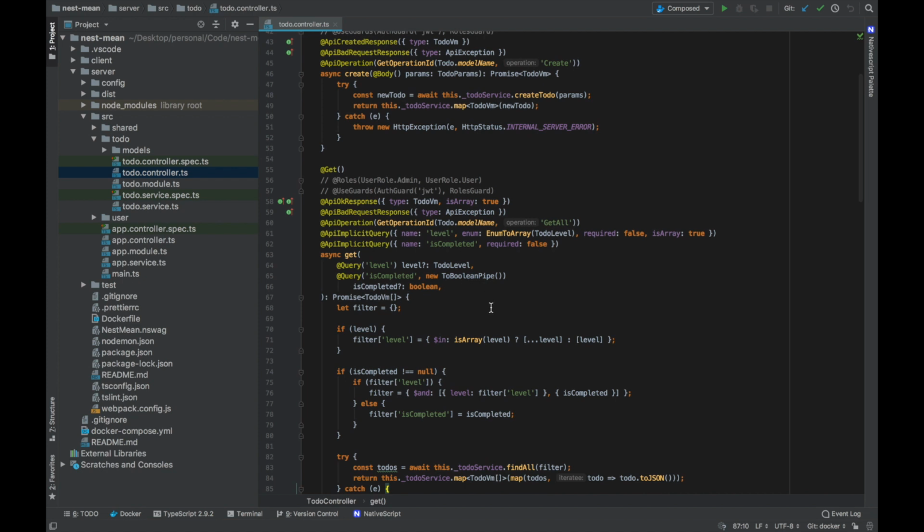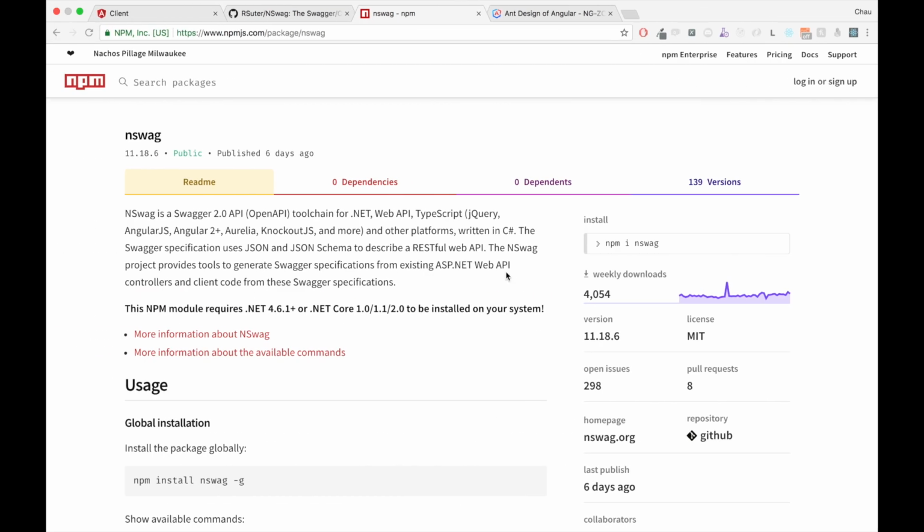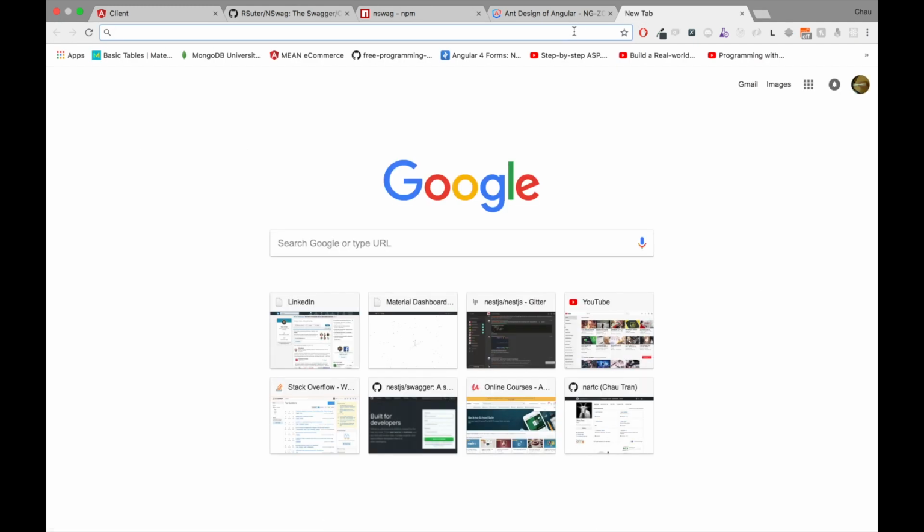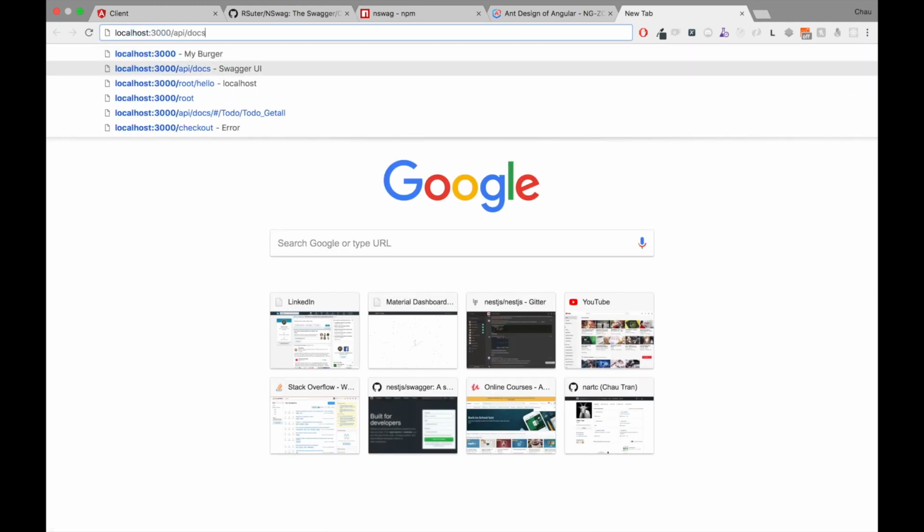Alright, the first change is the API implicit query decorator now takes in an enum. This is actually a pull request that was submitted that took over a month for NestJS to merge in, and this is the reason why I postponed this part of the video, because I was waiting for this to be merged in so I can show you guys what it should look like. So if now you go to localhost 3000 API docs, that's where